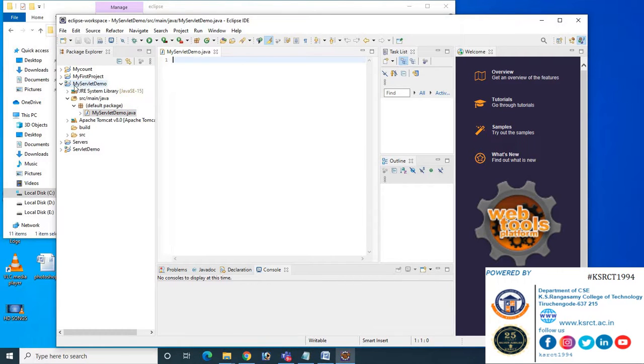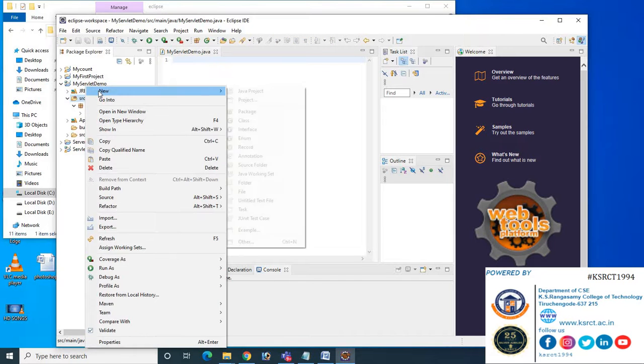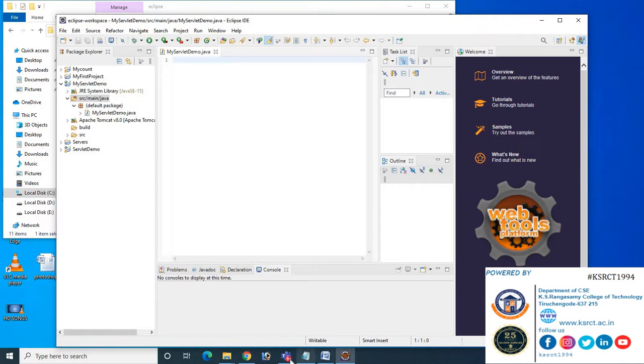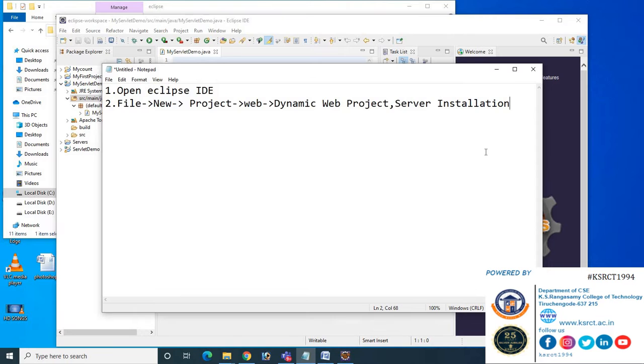I repeat, in that project you have to get into src main. We have to right click the src main, and we have to get into New, and then File. So the third step is: open the project, right click src/main/java.